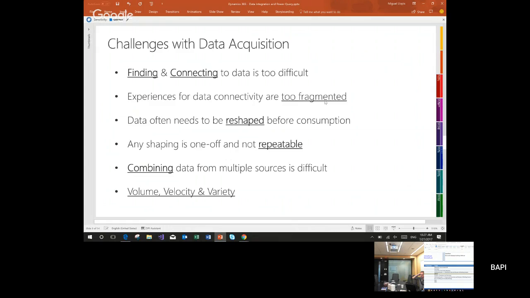And to make things worse, most of the time when you apply this type of shaping tasks and you need to repeat them over time, there's no easy way to automate this. So the typical example here would be someone extracting data every week and having to perform 10, 12 additional data reshaping steps sequentially and manually every time that they want to get fresher data for their analysis or repopulate a specific target system with that data.